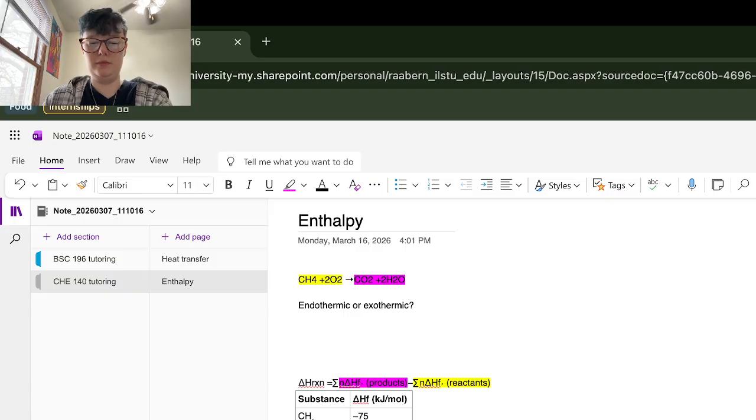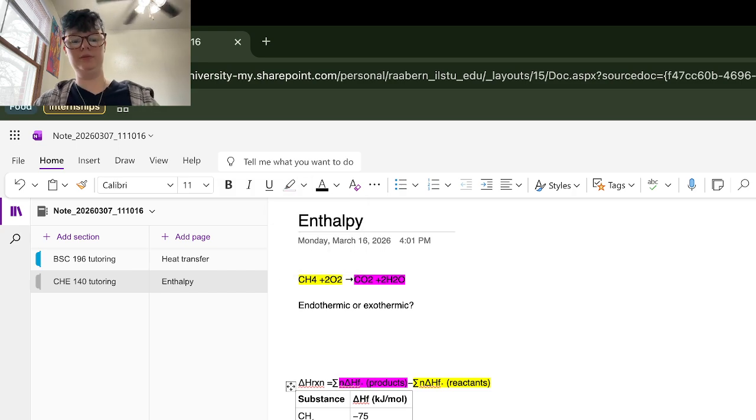So first up, let's just do delta H of products. So I'm just gonna kind of copy that down here. Sorry about the highlighting, guys. Okay, so we need delta H for our products. So our products are CO2 and H2O. So we have CO2, that should be a negative 394 kilojoules,